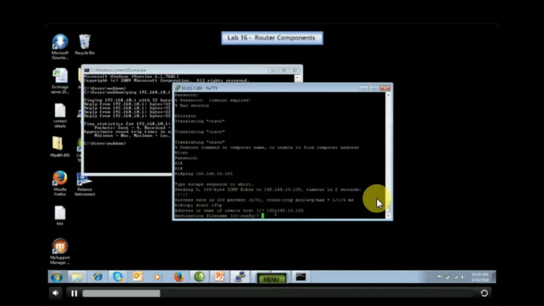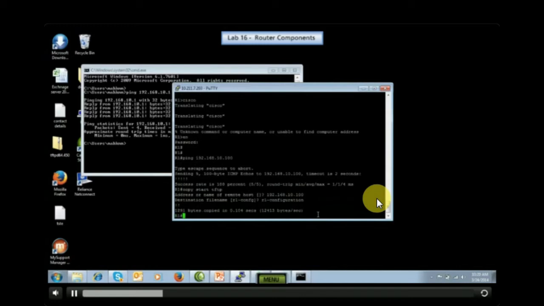If you want to change something else, I will give it as R1 configuration. So let us give that, and it got copied to the TFTP server. If it had not been copied, it would have popped up with an error.